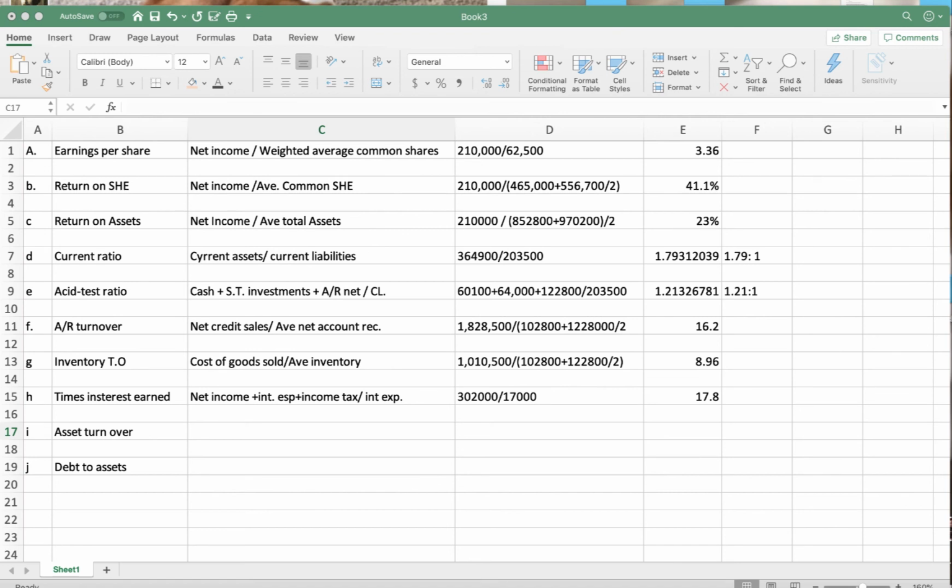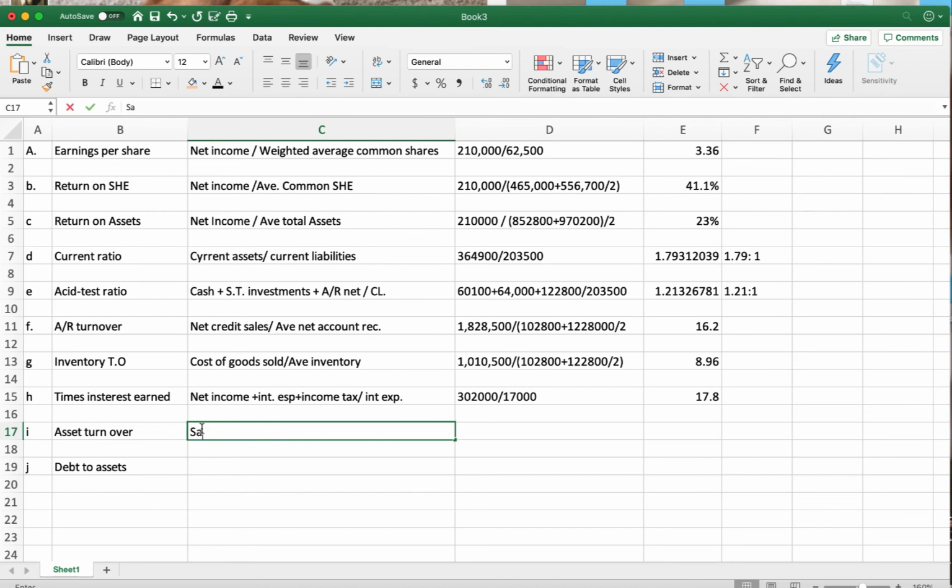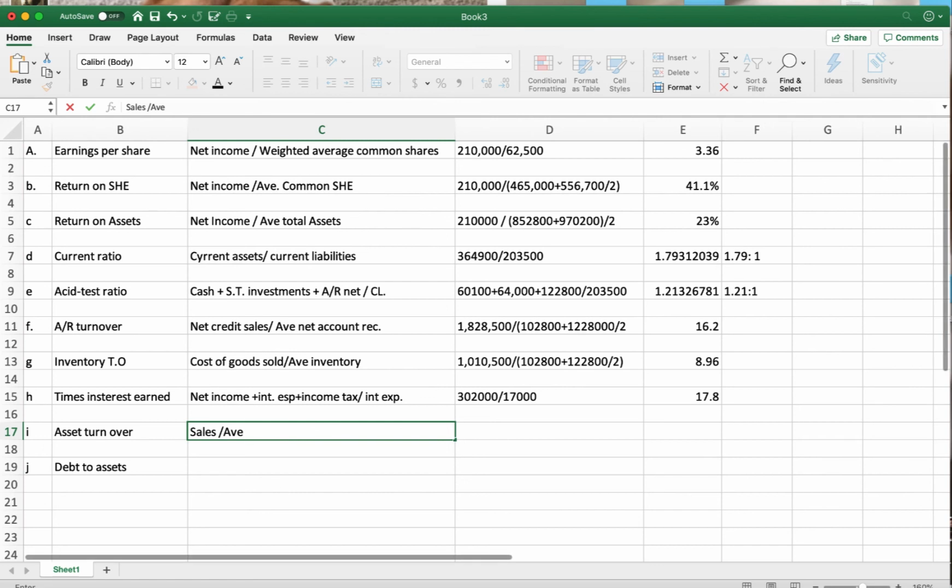Well, in order to figure that out, I need to take my sales, and then I'm going to divide that by the average assets, or the average total assets,